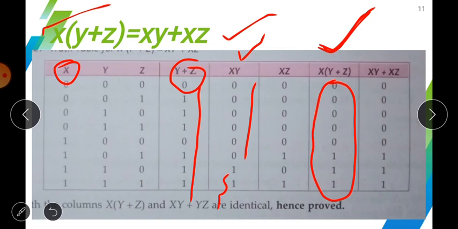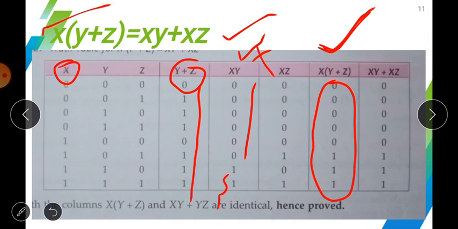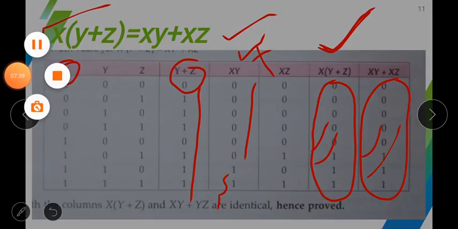So here you are calculating the function x and z, and finally you will have to find out the OR function of xy plus xz, and this is the final column for the RHS. And you can see that the column for the LHS is exactly equal to the column for the RHS, and in this way you can see this function is verified, or this is a correct function.